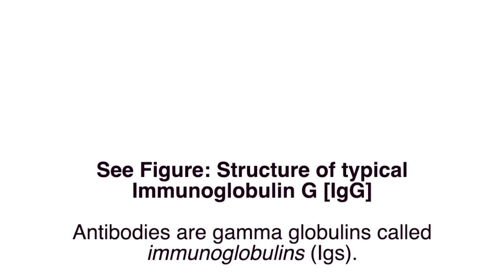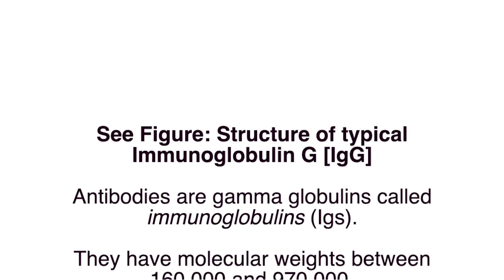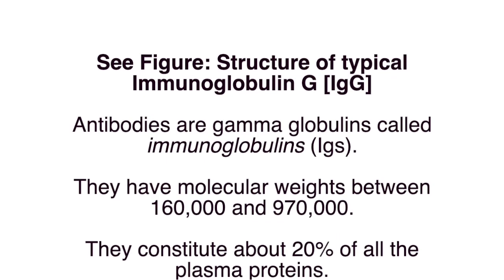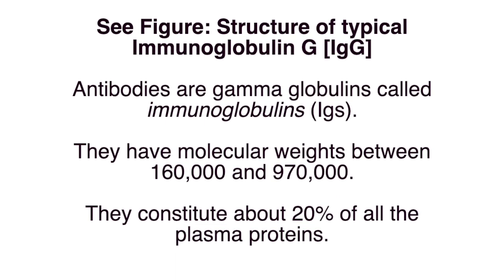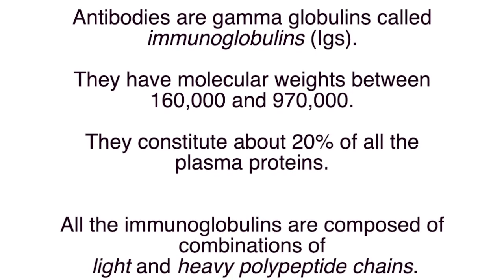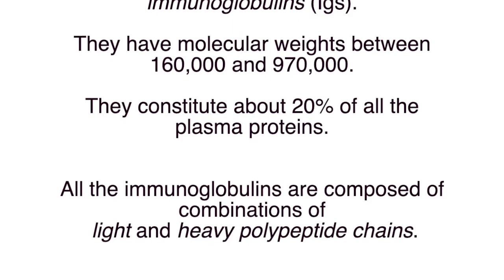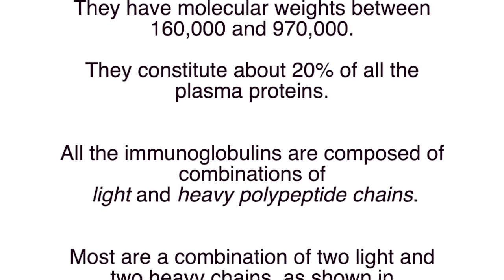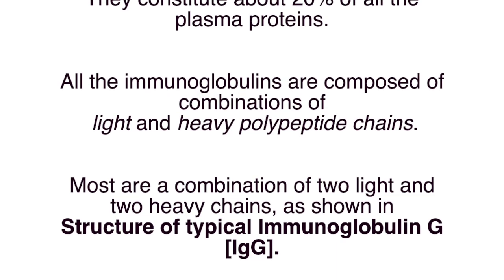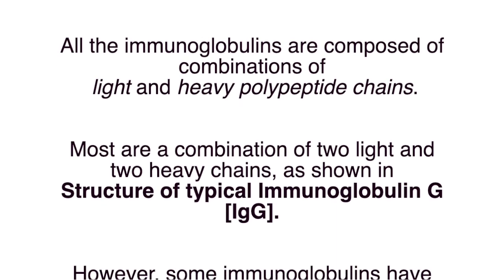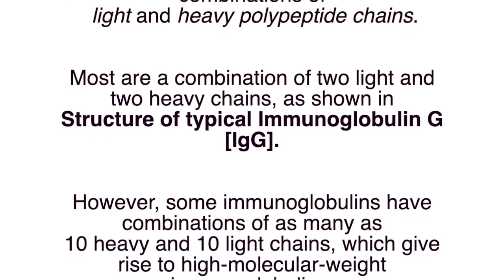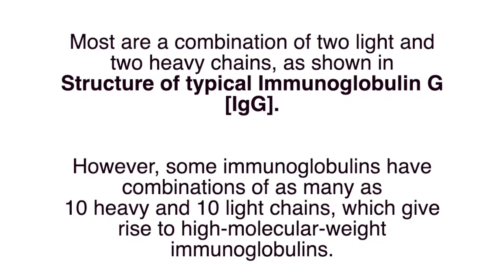Antibodies are gamma globulins called immunoglobulins. They have molecular weights between 160,000 and 970,000. They constitute about 20% of all the plasma proteins. All the immunoglobulins are composed of combinations of light and heavy polypeptide chains. Most are a combination of two light and two heavy chains, as shown in the structure of typical immunoglobulin G, IgG. However, some immunoglobulins have combinations of as many as 10 heavy and 10 light chains, which give rise to high